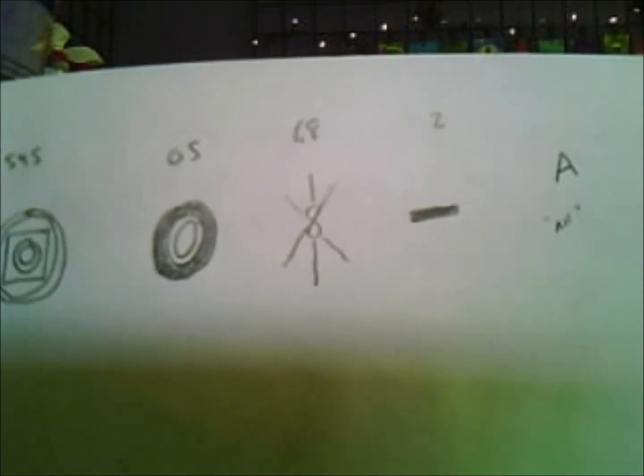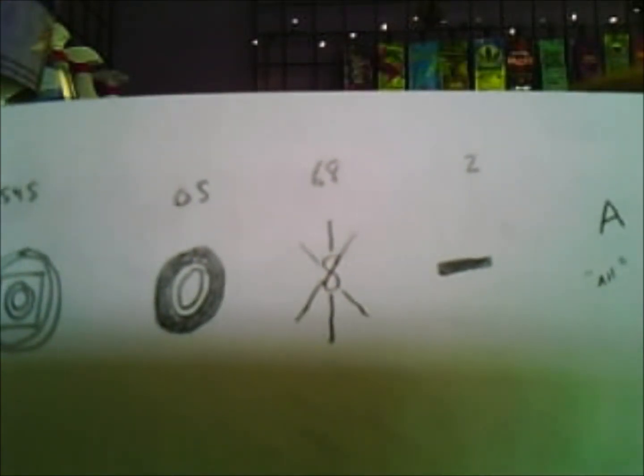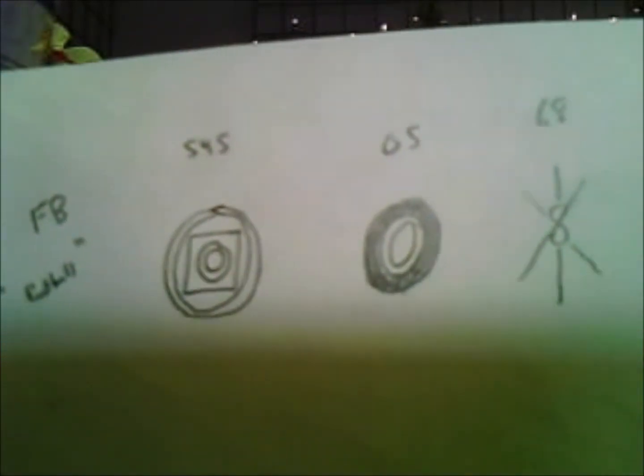My 68 looks like a star with 6 sides with an 8 in it. My 2 is a horizontal stripe. And then for FB and A, I used football and all. So let's put this together and show you how it looks like in my head. Okay, so this is what it looks like to me. First of all, here is the number 545055682. Alright, so I have a gold ring outside of a blue square outside of a gold ring, which is,